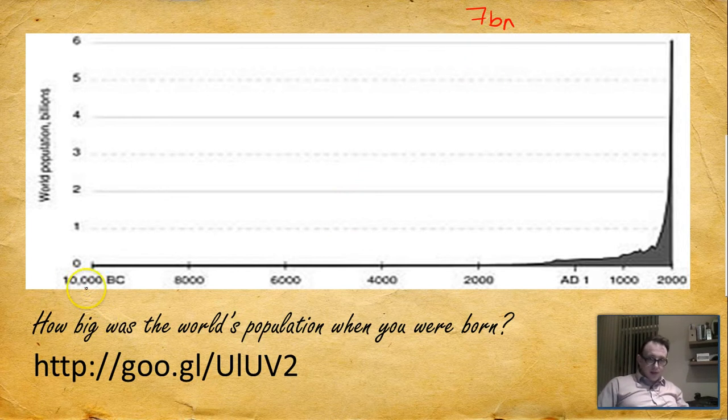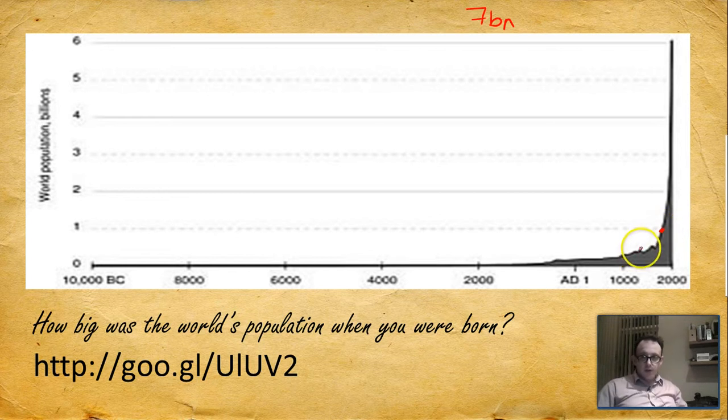In 10,000 BC, the world's population was less than 100 million people. So in that 12,000 year period, which sounds like an enormous amount of time, the world's population increased by 6 billion. But if we look at a smaller scale, you can see that here,